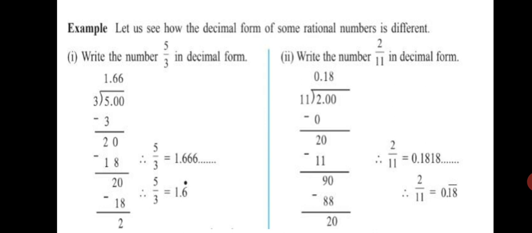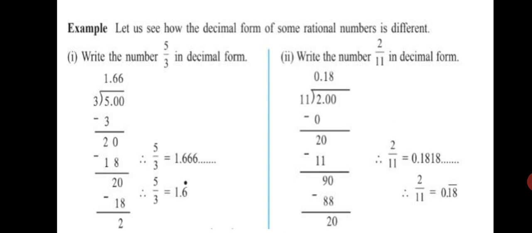Now you will see this 20 we have got already in the first step. So 20 will repeat. So we will take 11 ones are 11, again 11 8s are 88, 11 ones are 11, 11 8s. So 1 8 1 8 will keep on repeating in the quotient. So when more than one number is repeating in the quotient, you put a bar on top. So you will have to put 0.18 and the bar on top of it, meaning the horizontal line above the digits, will indicate that those digits are repeating in the quotient.